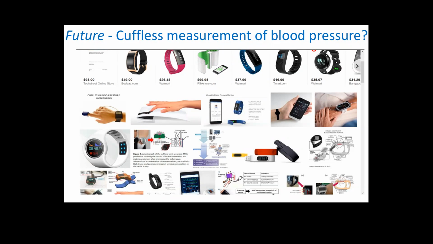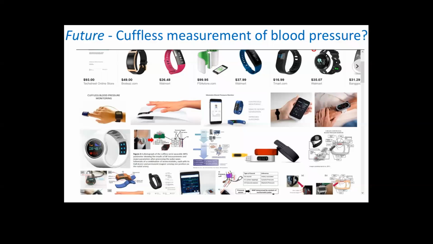And this is just a snapshot of what's available in an Amazon warehouse near you. And these are all cuffless systems for measuring blood pressure. And you can see that they vary in price between $90 and $16.99. Are any of them validated? Of course not. Do they sell? Of course they sell. That's why Bezos is a billionaire. So this is already happening, and we don't want this to get out of control and people think that they're